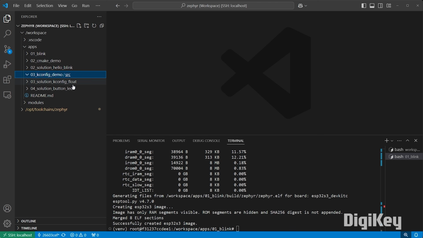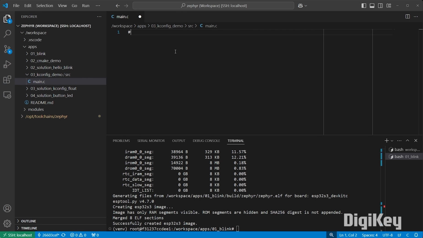We will create a source folder, and in that source folder, we will create main.c. I will start off by including the random header file that we just looked at. And by the way,